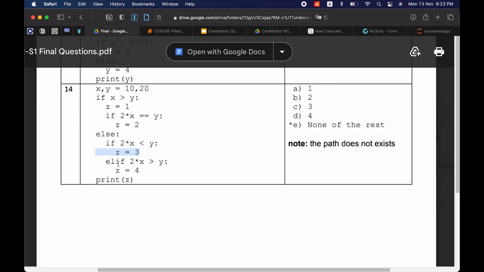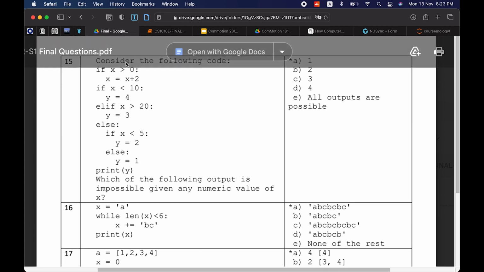So this does not evaluate. Instead, we get else if 20 is more than 20, which is also not true. So this also doesn't run. And notice that we didn't actually assign z anything, because we didn't go through. So print z is just not going to exist.